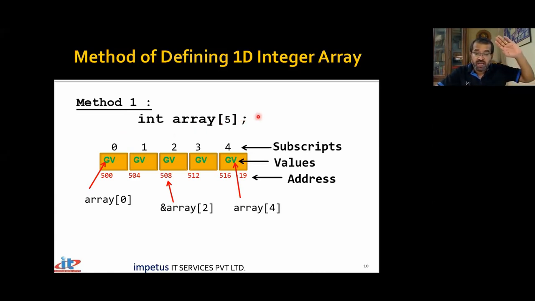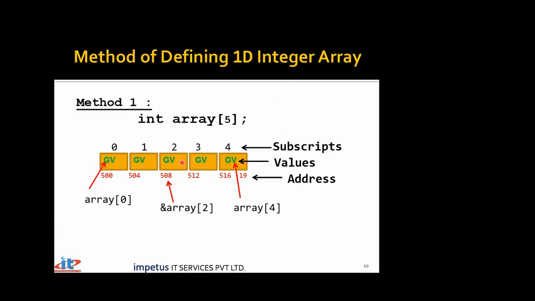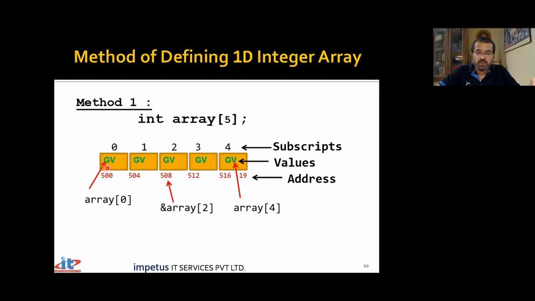Had it been defined at file scope, it would have value 0. It becomes a global variable. Remember, global variables are always initialized with value 0. But assuming that this is inside a block, inside some function, they will all have garbage values. Garbage is nothing but unpredictable. You or me, nobody in the world can predict what value we will get. Why can't we predict? Because we do not know where memory will be allocated for this particular array. Wherever the memory is allocated, that area already had some value, so that becomes the value of your array. So we cannot predict it.